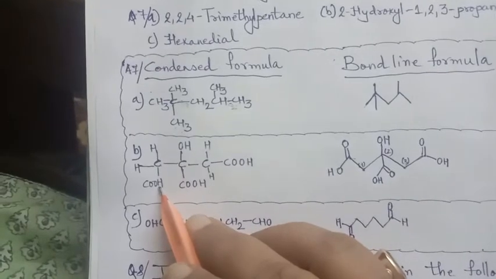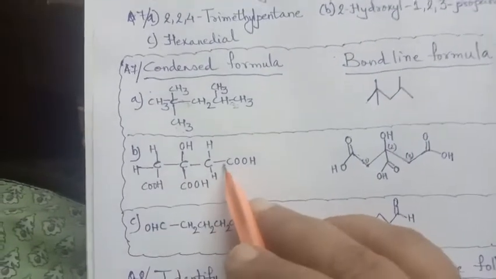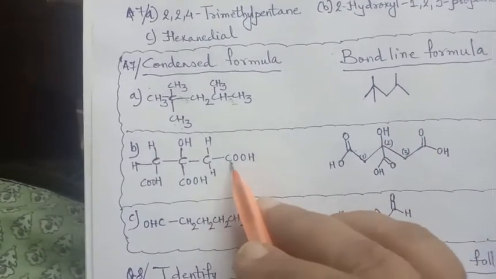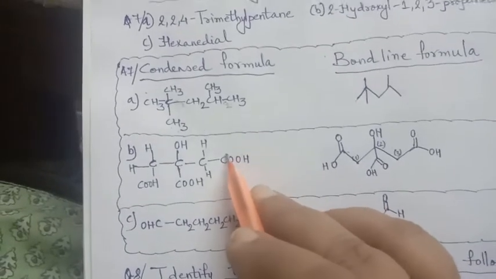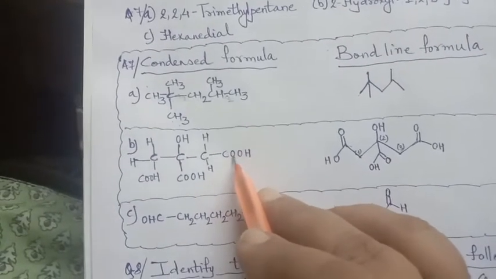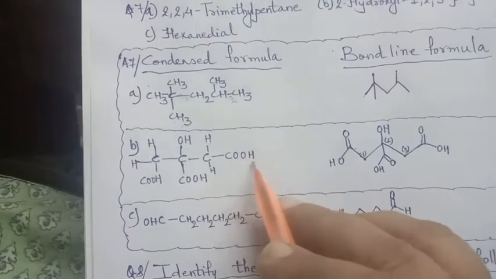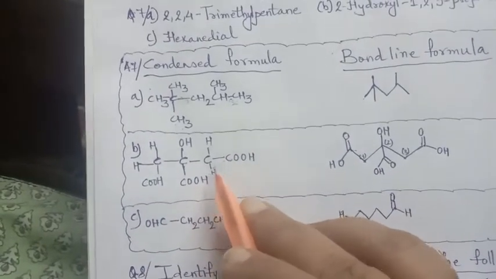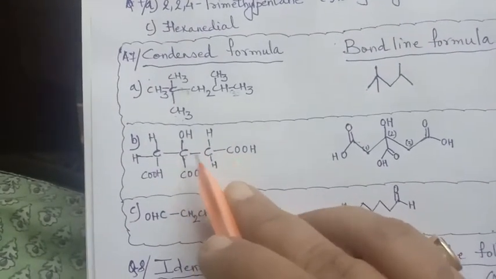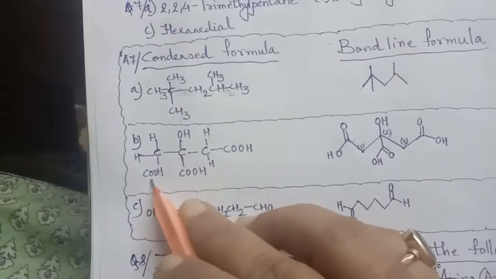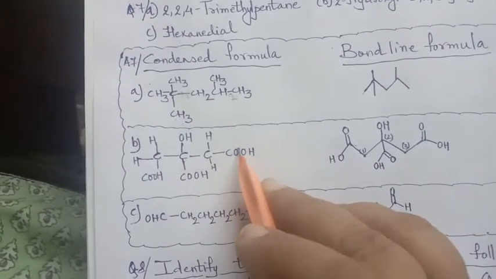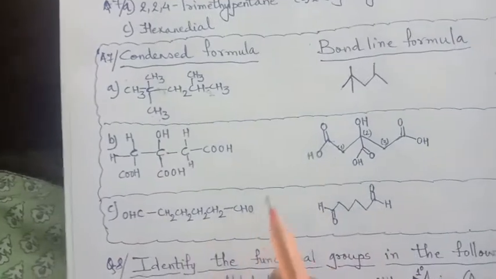Why carboxylic acid? I think now you understood. Here we are not saying it is oic acid. We are considering acid along with the carboxyl group, the CO group, and so it will be said carboxylic acid. So, 2-hydroxy, 1, 2, 3 propane tricarboxylic acid.